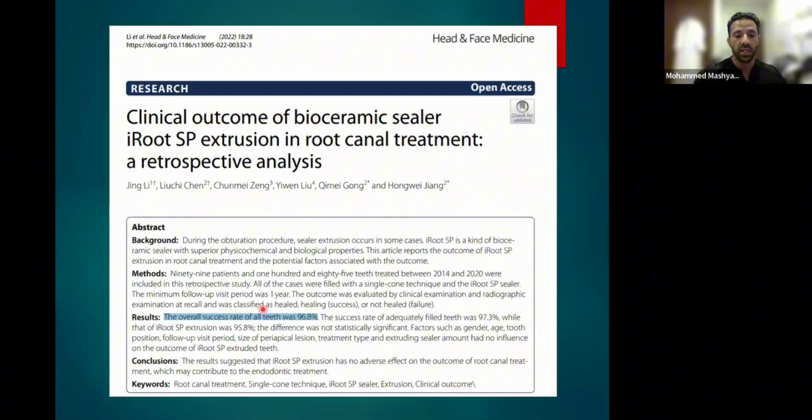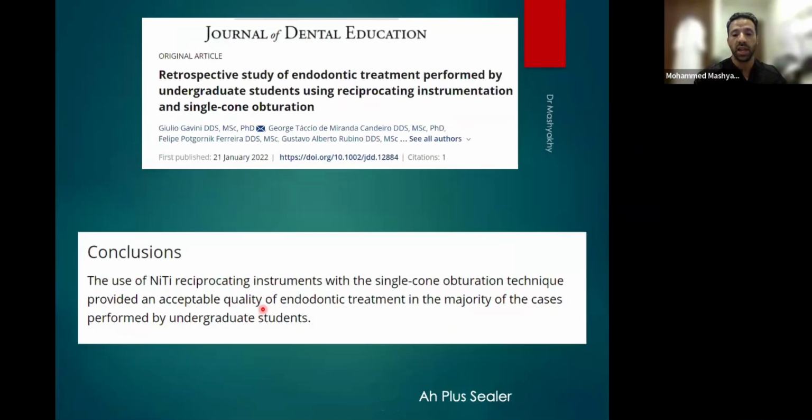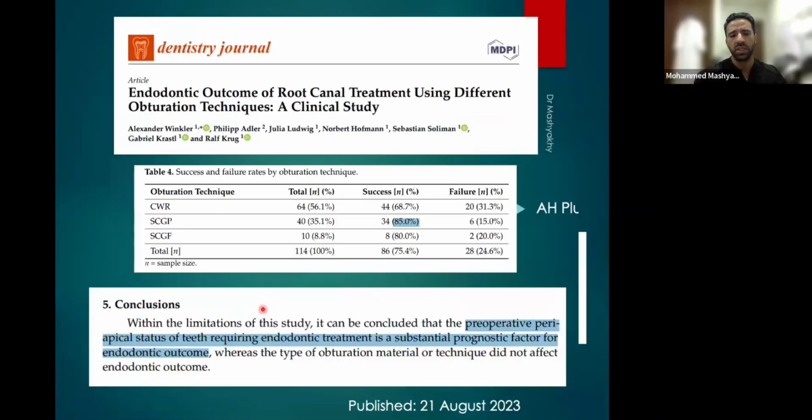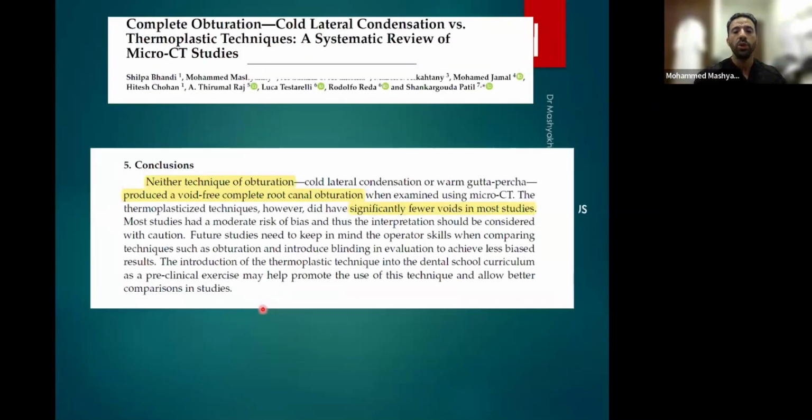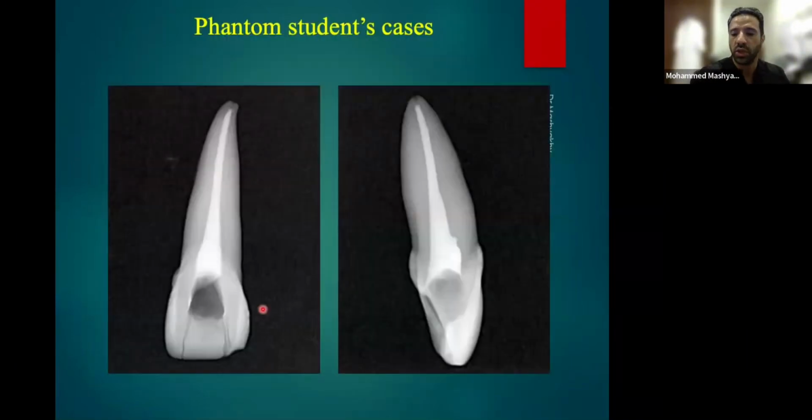The overall success is about 96% with many bioceramic sealers. There are so many studies focusing on obturation with different kinds of systems, and it always works. Whatever system you use, it is about how to master it, okay? I will show you something very interesting from my student from the Phantom Lab. After they did the cleaning and shaping and obturation with lateral condensation or single cone, depending on the case,